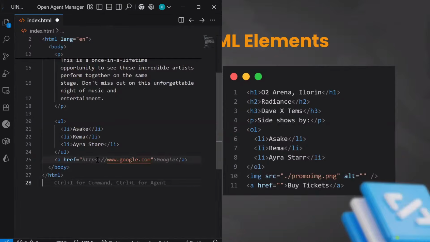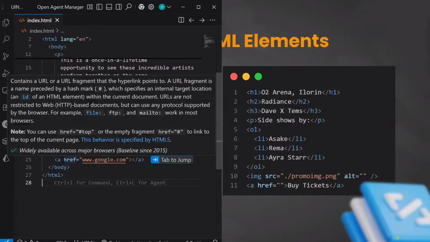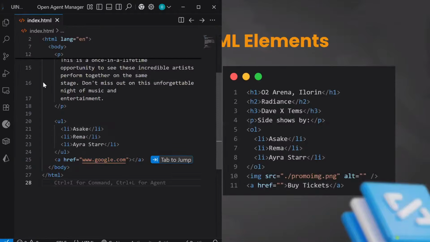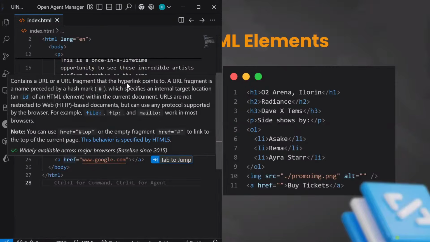All right. So, you can add the HTTPS. It's not really necessary, but if you want to tell your browser, okay, when you see this A tag, the website that I want people to navigate to when they click on this link is google.com, this is where you tell it. You just put that href attribute. It contains a URL or URL fragment that the hyperlink points to. So this link points to,